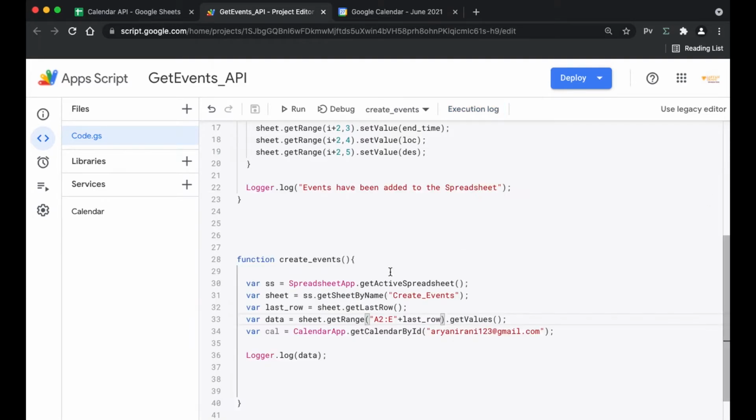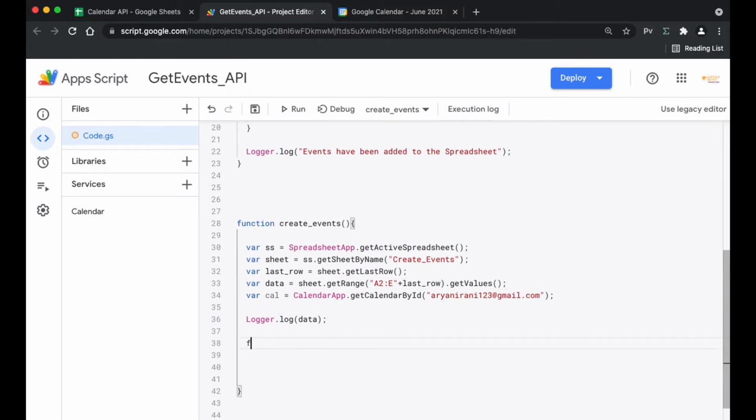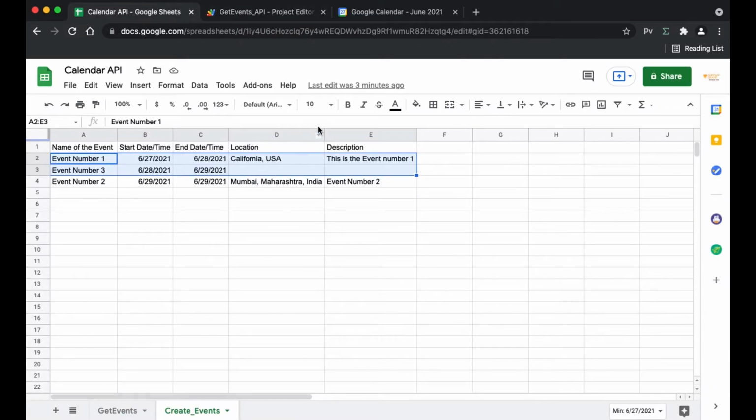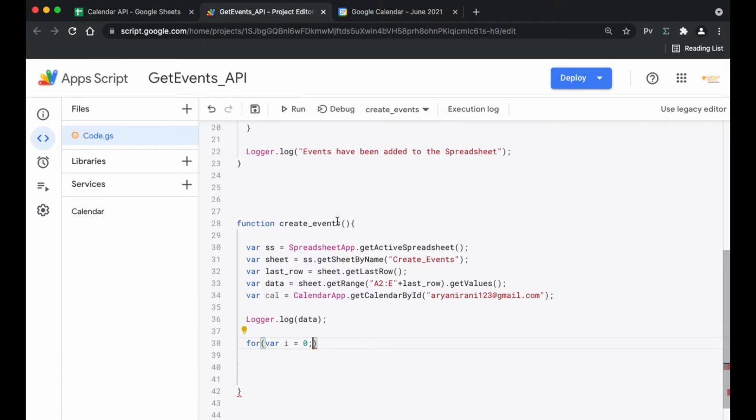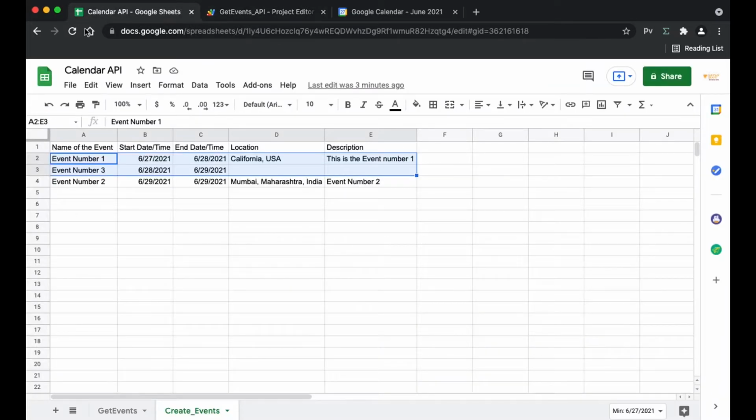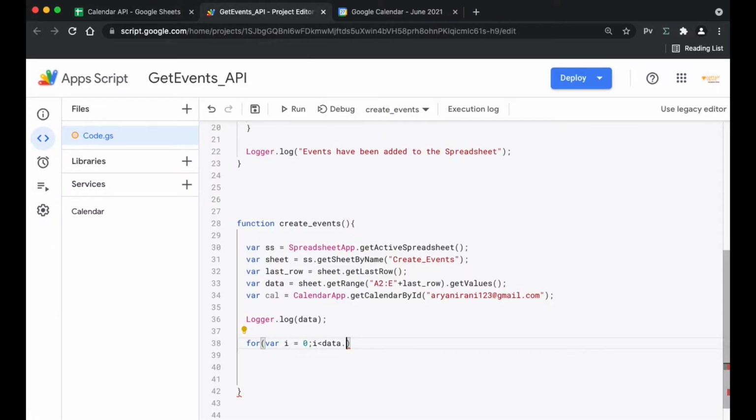Now let's create the for loop that we're going to be using to iterate through all the data that is there in the sheet. So we're going to create another variable called i, declare it to 0. It's going to start from 0 as in 0, 1, 2, 3, 4. Now the same thing we're going to be doing again, i < data.length. So this is going to iterate through the length. So this is three rows, so it's going to go 3 times. I'm going to do data.length again and i++, so it keeps going to the next one. I'm going to open it and close it here.